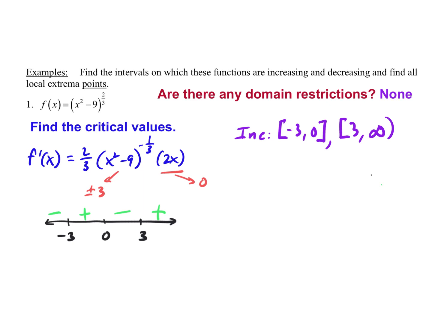Okay. And then of course it's decreasing over these two intervals. So from negative infinity to negative 3, and from 0 to 3. So that takes care of my increasing and decreasing. Now, what we have to decide is, where is there a maximum? Where is there a minimum, if there is one? Okay. So it's going to be either at here, and it asks for the points. Right? It asks for the points. So it doesn't want to know just where